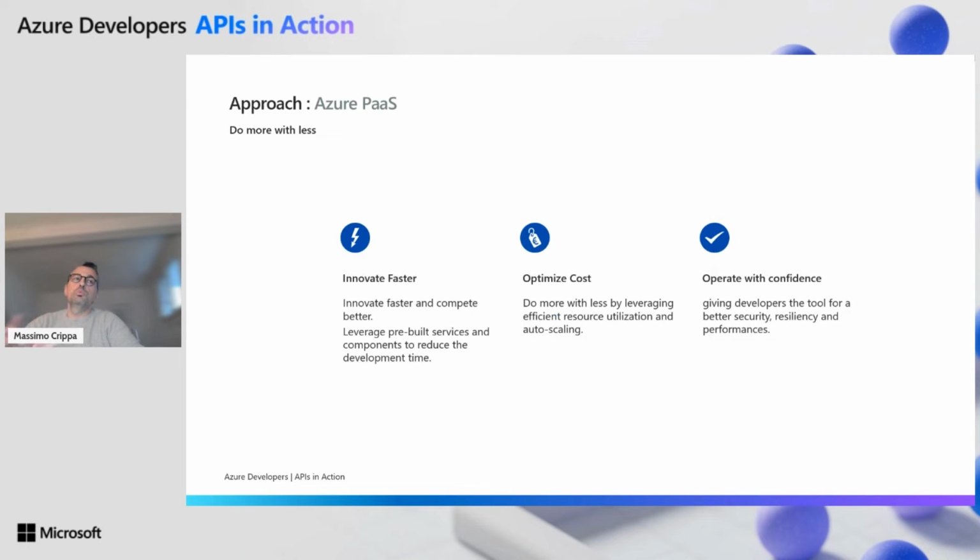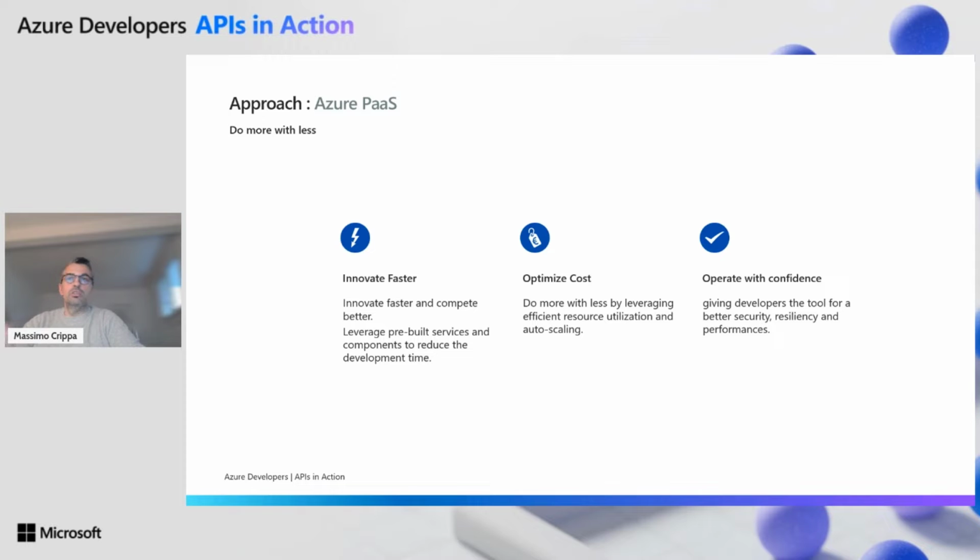That brings me to the approach for this use case. So we decided to approach it with PaaS first. Why PaaS? Because we can do more with less. And we will look at this problem from three dimensions. The dimension of fast innovation, to make sure that we can leverage the Azure power, those pre-built services that Azure has,